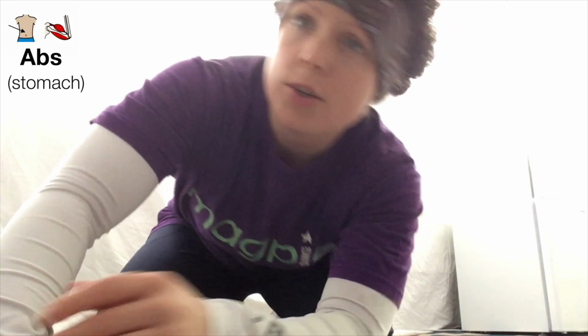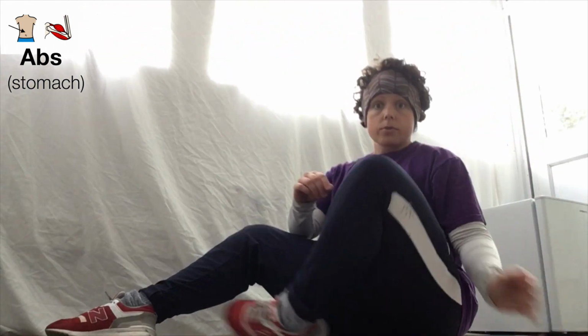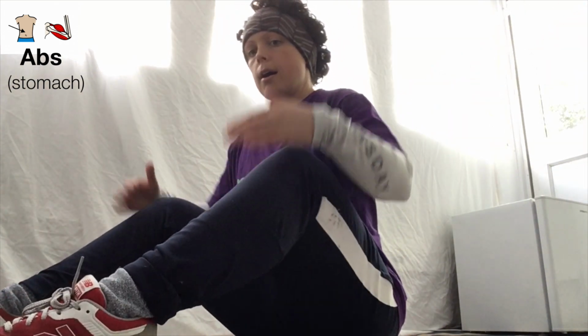So you should be nice and warm from the cardio, and what we're going to do now, we're going to go straight into ab work. So two options really. I'm going to go over this first one. So if you're going to sit on the floor, you're going to do it like this, and then I can show you a version on the chair as well. So ab work, you're going to have your legs parallel and about hip width apart. Yeah, so nice